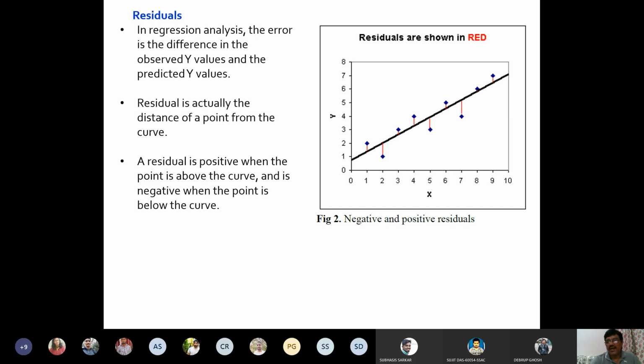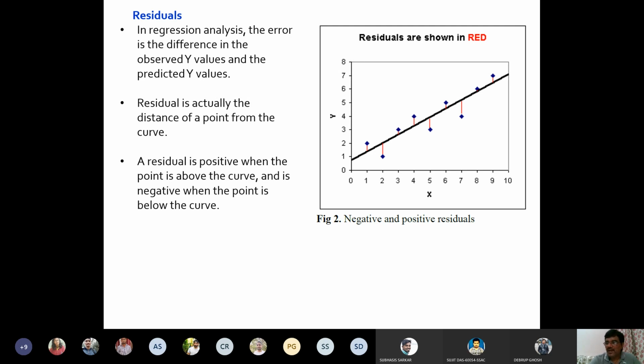Now you see residuals. I have explained to you that data which has been represented by the line is okay, and then the difference between the actual data and predicted data is the residual. Means the section which remained unrepresented is your error or residual. In regression analysis, the error is the difference in the observed value, the values which are there on this line against a particular value of x. The values which are there on this line against the particular value of x are your predicted values, or simulated value, or hypothesized value. And the blue ones are your actual values.